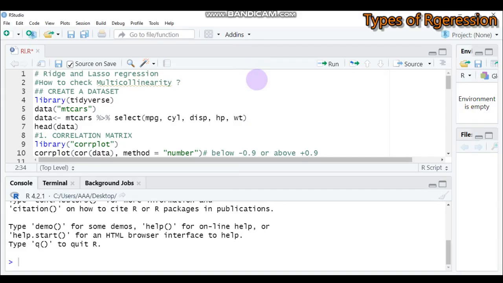Hello everybody, today we're going to discuss Ridge and Lasso Regression. In the previous tutorial we discussed polynomial regression, quantile regression, logistic regression, as well as linear regression. Today we'll continue with the remaining types of regression, but for the sake of this tutorial we only focus on Ridge